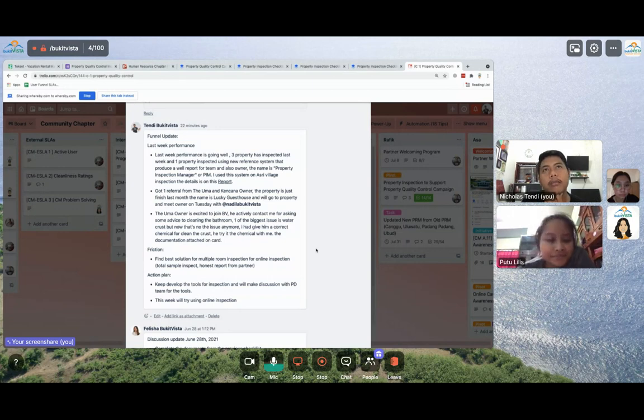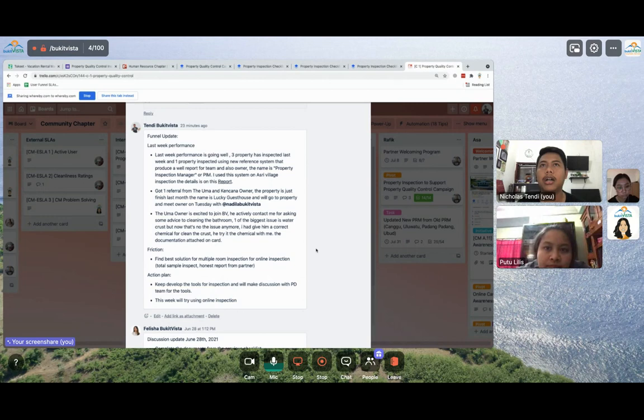Okay. And then one more update from me. Yesterday, I got one referral from the Kencana owner actually, when I'm doing the property inspection. The name is Lucky Guest House, a brand new building, and I plan to go to that property on Tuesday to check the property and also meet the owner.